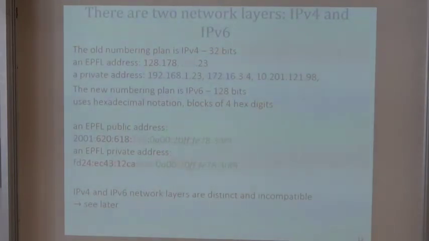So it's more than just the address format. It's really the packets are different depending on the addresses they contain, which is what I say here, they are incompatible. That's a design decision of the Internet Engineering Task Force, the standards body of the Internet. When they decided to expand the address space, they decided also to create a new IP, a new Internet Protocol version 6. It was not just the old one with expanded address space.